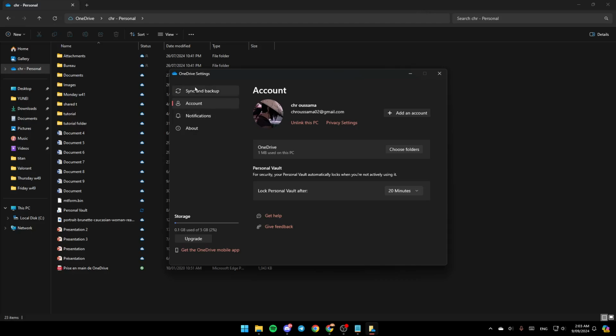Once you're here, as you can see, guys, you're going to find these sections here in the left: sync and backup, account, notifications, and lastly about. So go ahead and click on the account section. And then right here, as you can see, guys, you're going to find the OneDrive account that you have linked to your computer. So right now, if you want to move your files to on another account, first of all,